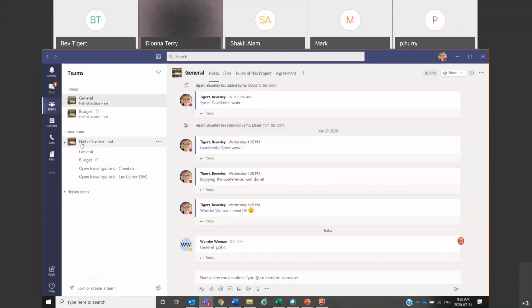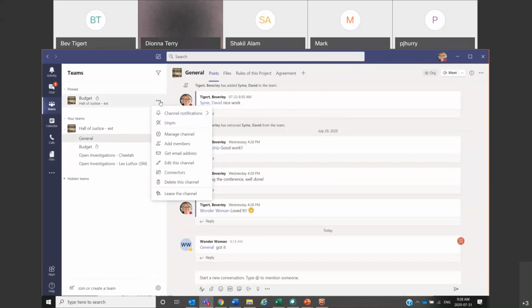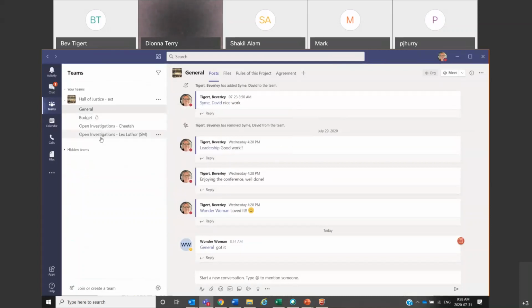So now I'm just seeing this. I've got these pinned, but again, just like chats, I can go right over to more options and I can unpin them, and then they just go down. And now I'm just looking at that. So that's how you can organize your quad area. And then again, over here in the middle is the virtual workspace, where all the action happens.